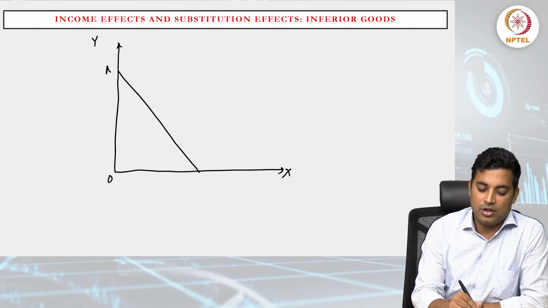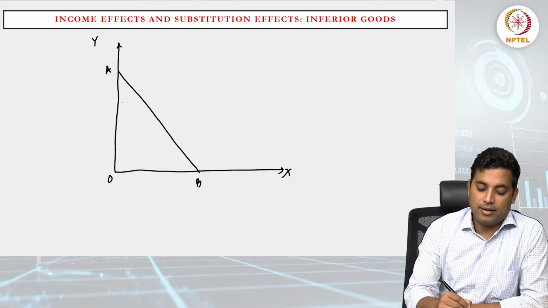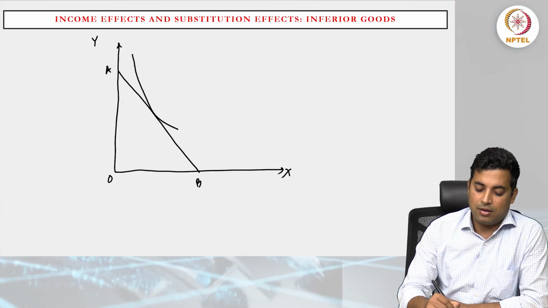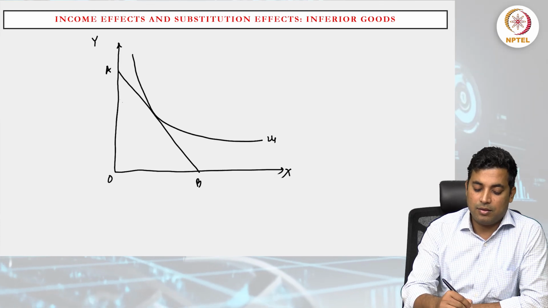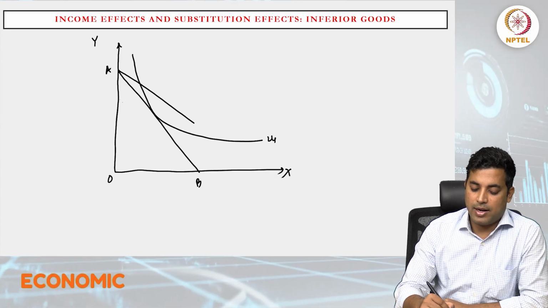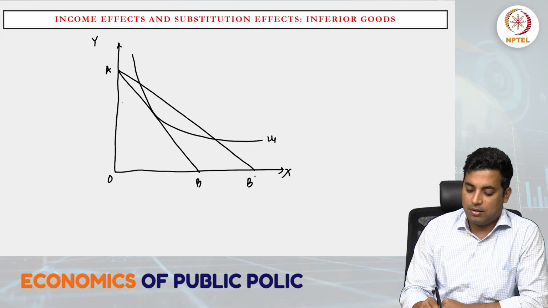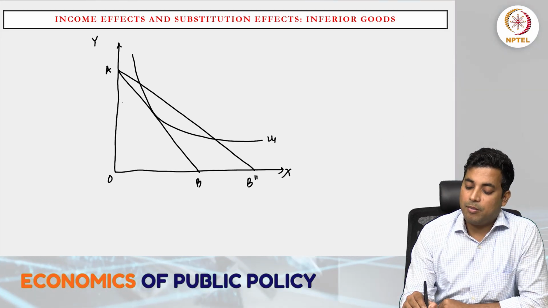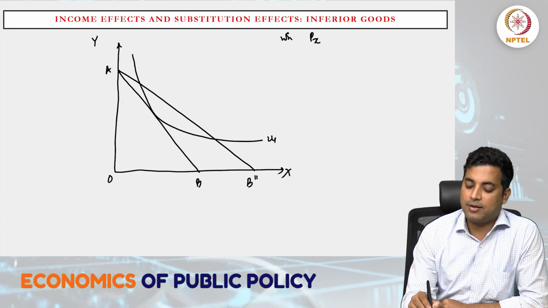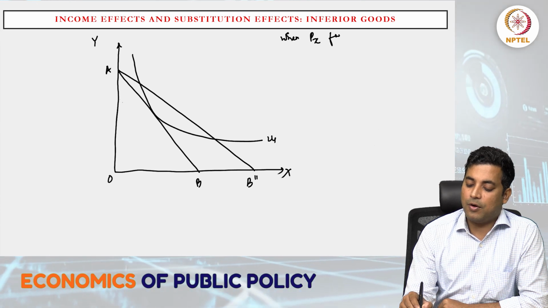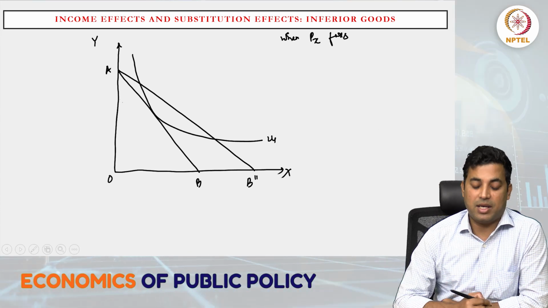Here is the initial budget line and indifference curve U1, and again the case is when the price of x falls, then the budget line becomes